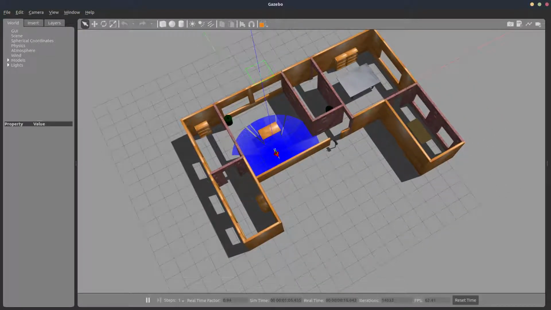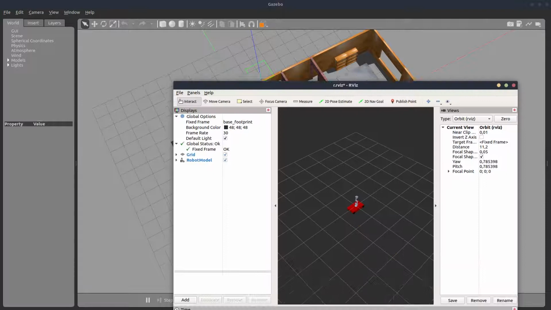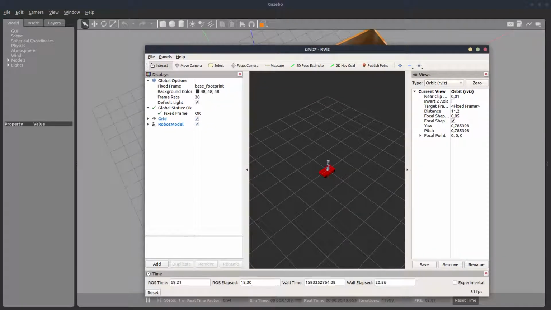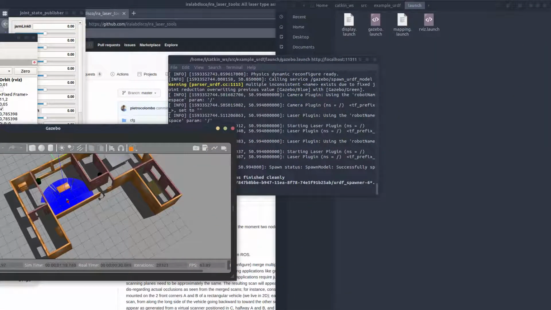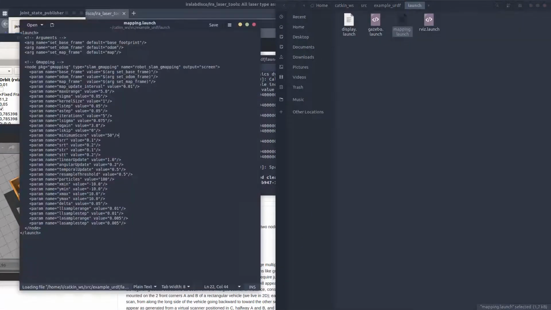So we will be creating a map of this house. That's what we have. In order to start the mapping, we need to create a launch file that would launch the required nodes for us to map an environment. Taking a look at this mapping.launch,